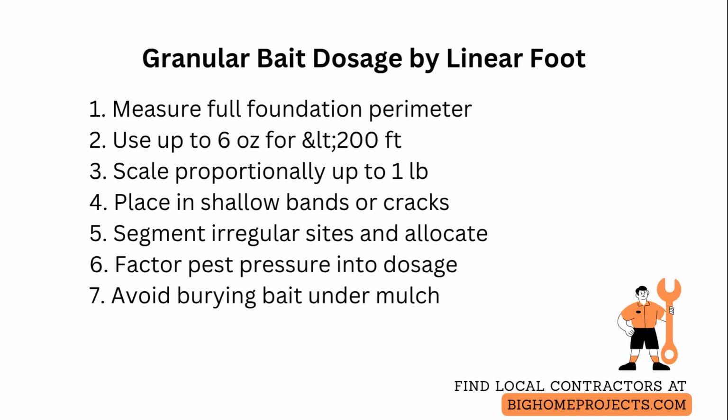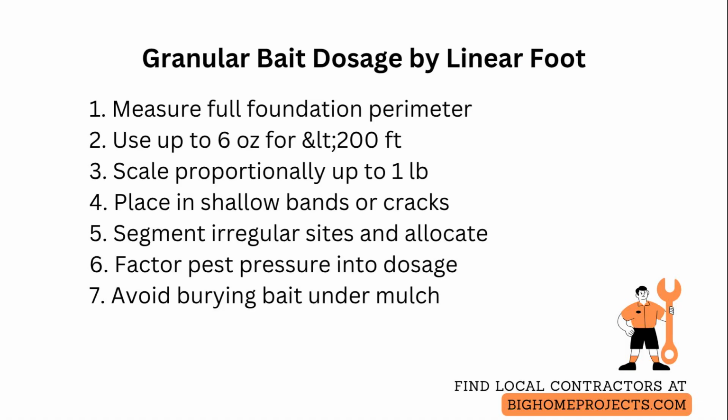For homes with varying linear footage, adjust granular bait quantities by measuring per linear foot and scaling doses to match property size and pest pressure. Start by measuring the full linear footage of foundation perimeter, including garages and detached structures, because bait effectiveness depends on continuous protected zones. For properties under 200 linear feet, use up to 6 ounces of product total placed in evenly